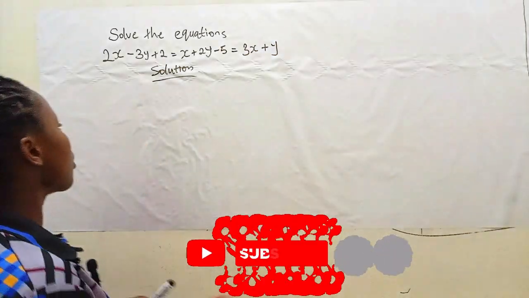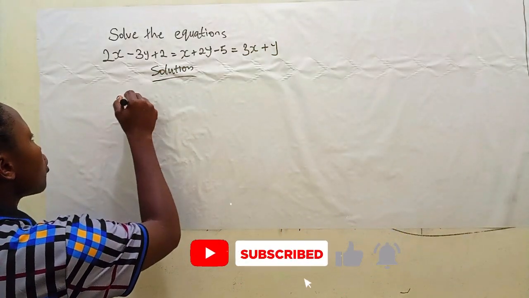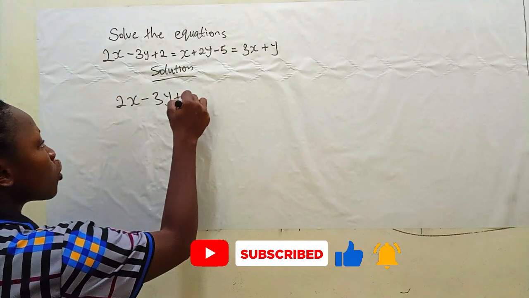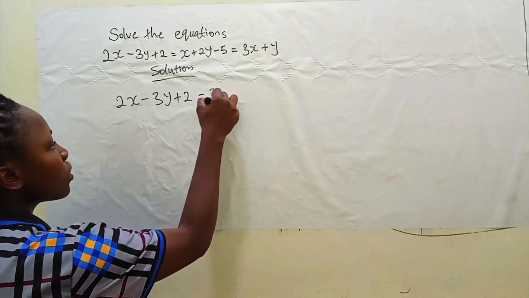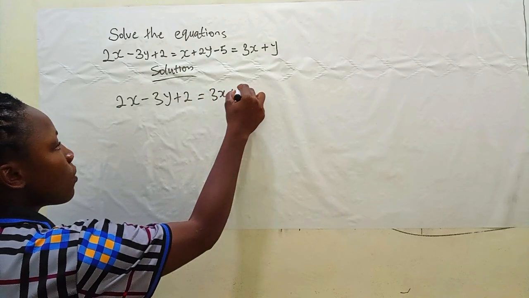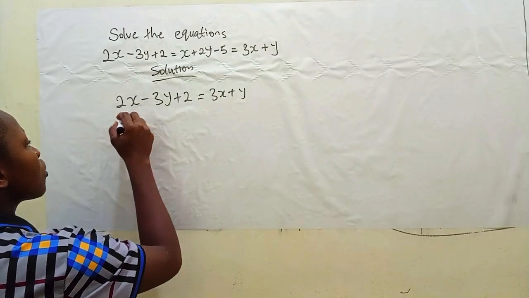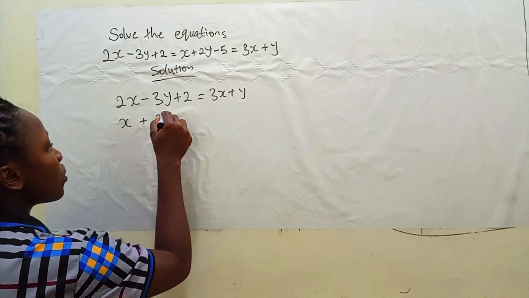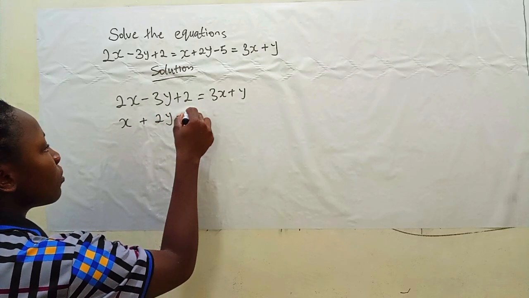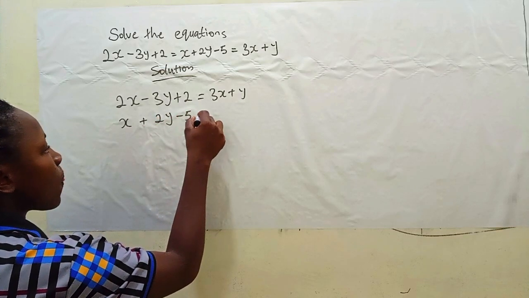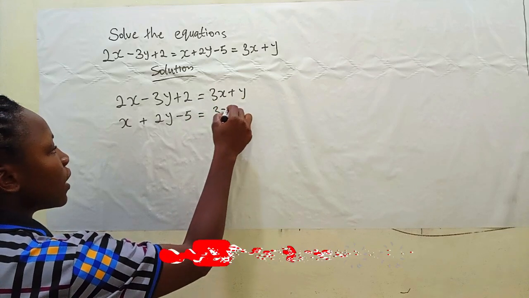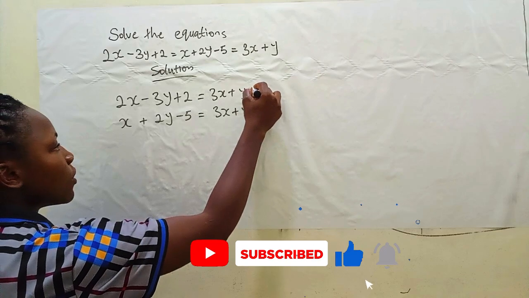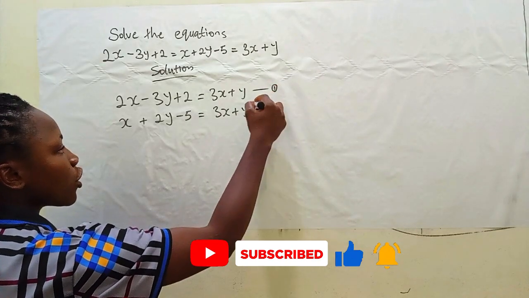So we're going to have 2x minus 3y plus 2 equals to 3x plus y, and also x plus 2y minus 5 equals to 3x plus y. We are going to name them equation 1,